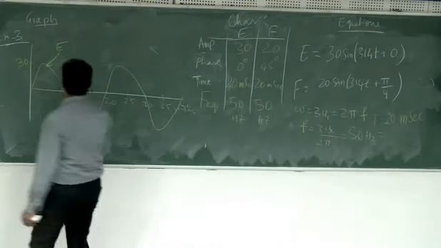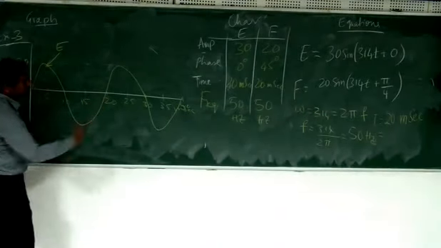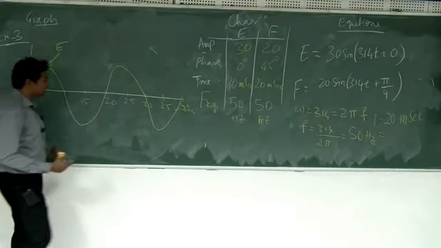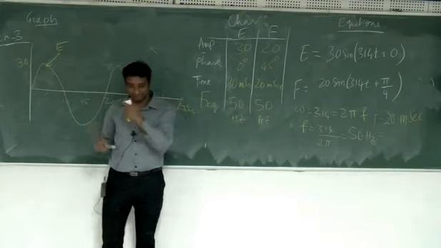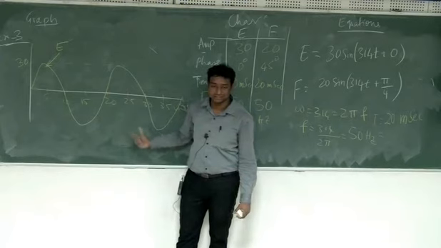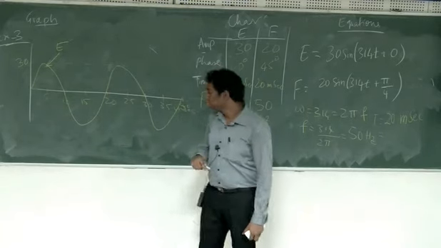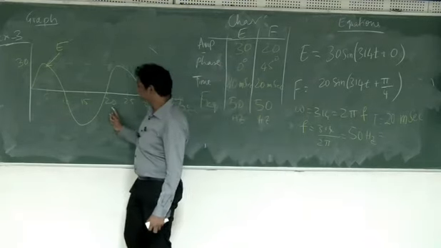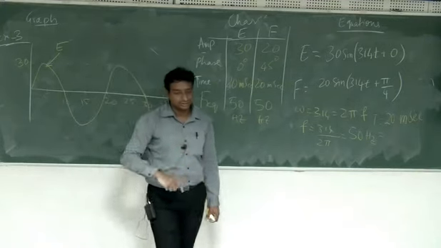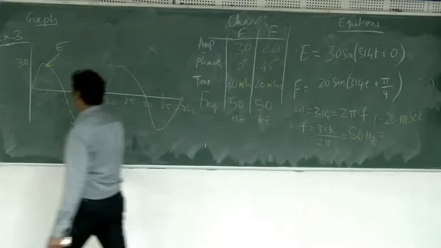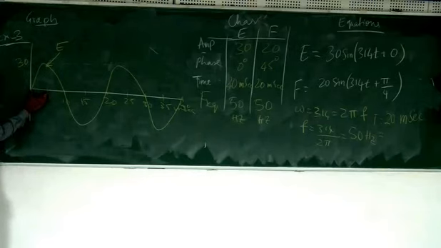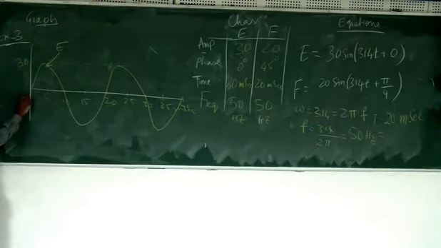F is the same, 20 is this one, plus 45, that means I have to move it to the left side by 45 degrees. So you have to move the whole sine wave to the left side by 45 degrees. 45 degrees is how many milliseconds in this case? 20 milliseconds is 360 degrees, 90 degrees is 5 milliseconds. So 2.5 milliseconds is the 45 degrees. The nice way of doing it is to draw it back and then mark a point, maybe this length, half of that length, 2.5 milliseconds.